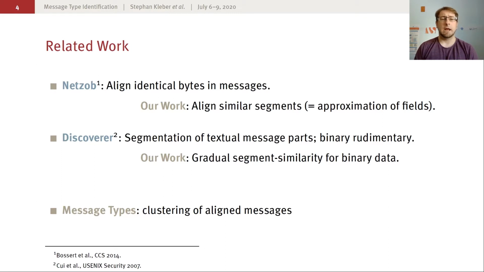Discoverer, on the other hand, works with segments. They call them tokens, but just of textual message parts. The support for binary parts within messages is only rudimentary, and they leave it open for future work to solve this. In our work, we use a continuous segment similarity for binary data. The goal of our work is to identify message types by clustering of aligned messages.